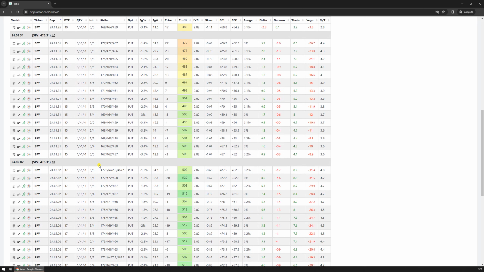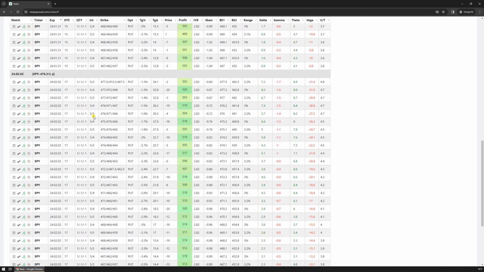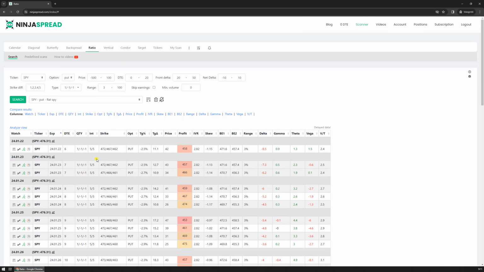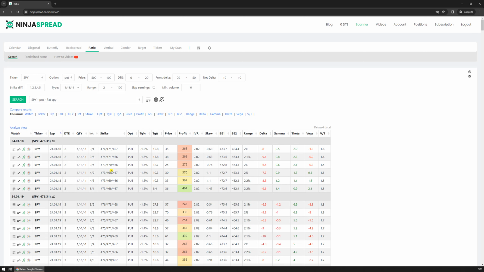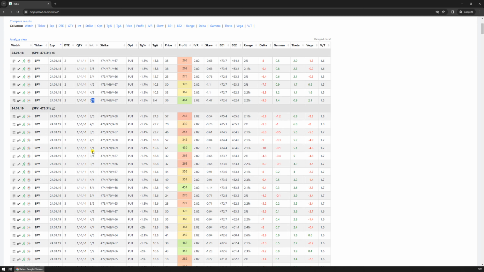So it's looking for all the combinations like 5 to 4 and 5 to 4 here. This is it. If you want to have more results, you can lower the range or increase the price or change the other variables. So here you can see, for example, 4 to 2, 5 to 1, 4 to 3,